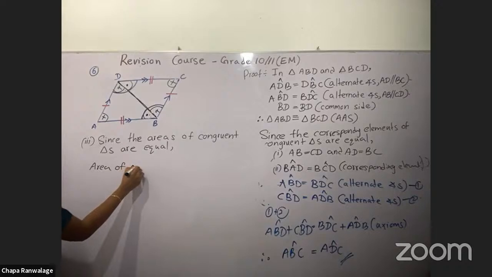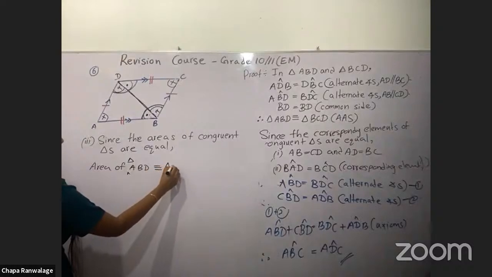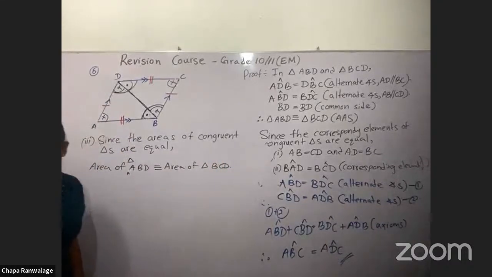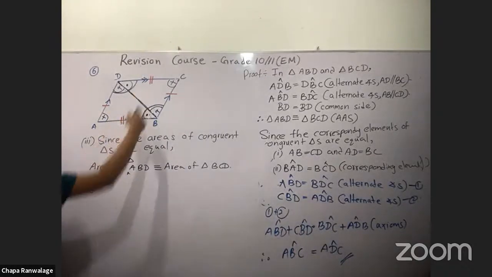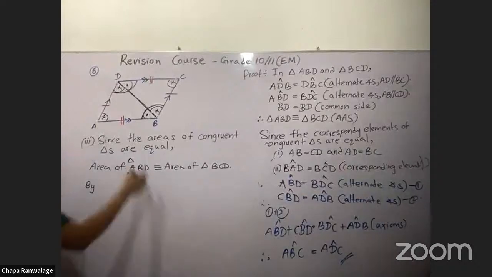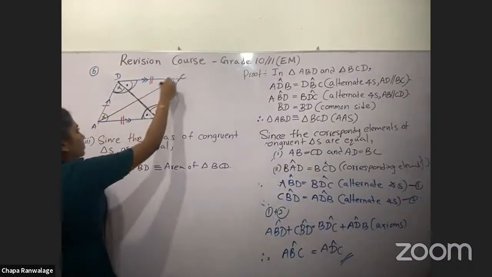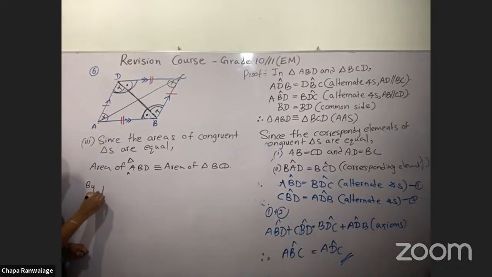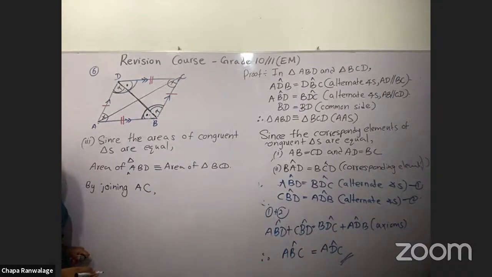area of triangle ABD is equal to area of triangle BCD. Sorry, BCD. And so what should I do here? For ABC, you have to join AC also. By joining AC,